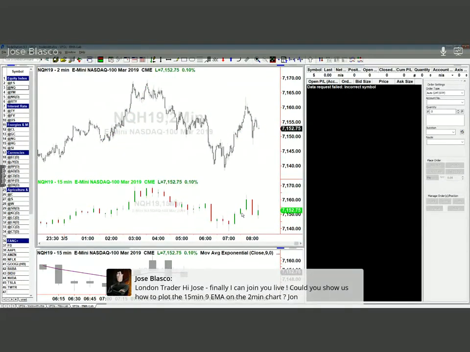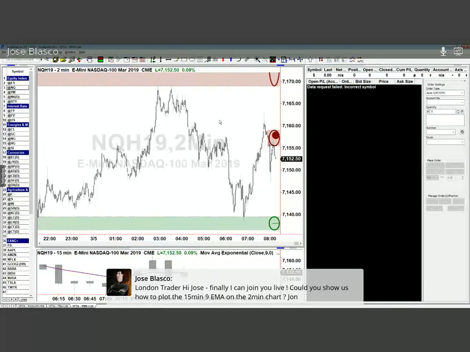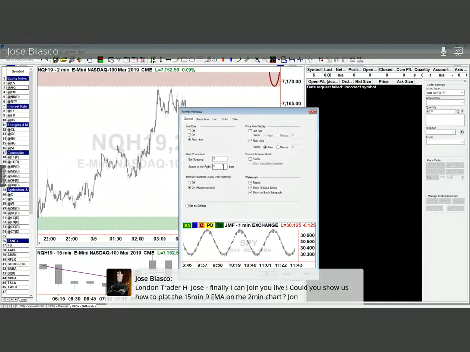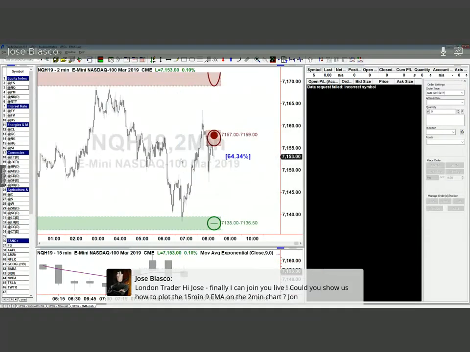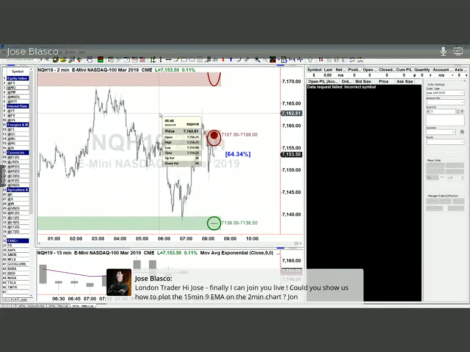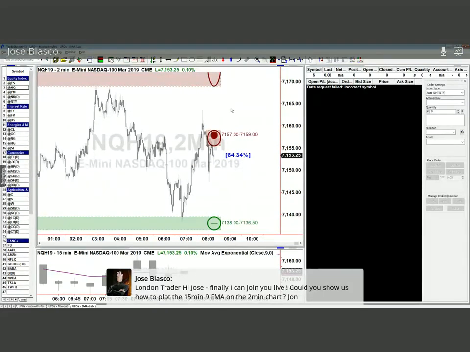Okay, so here's the other solution, and it's not going to be a solution for today, but it's something I was planning to do anyway. So you just motivated me to do it sooner, London Trader. I'm going to develop an indicator for you guys that does this automatically, and we'll put it in the App Store of TradeStation, but we'll make it a free indicator, so all of you can download it and use it, and there will be no subscription for that one. That way you can do it yourself, and you don't need to be messing around with the scaling problem that I just had. That's gonna be the solution. So just bear with me.